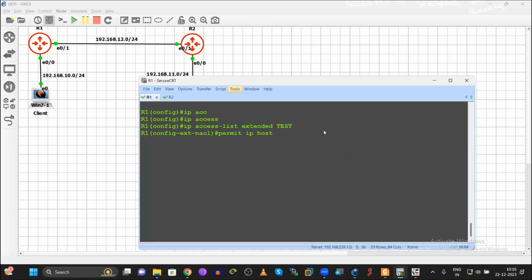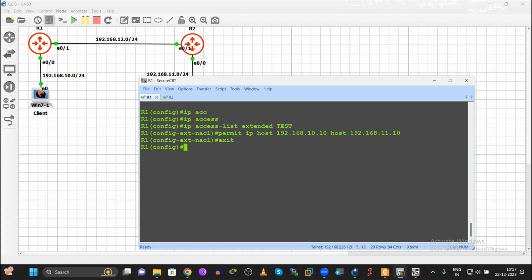Permit host 192.168.10.10, which is the IP address of this client. Then next, host, I have to specify the destination: 192.168.11.1. Permit this IP to reach that particular destination. That's it. I have created the access list.